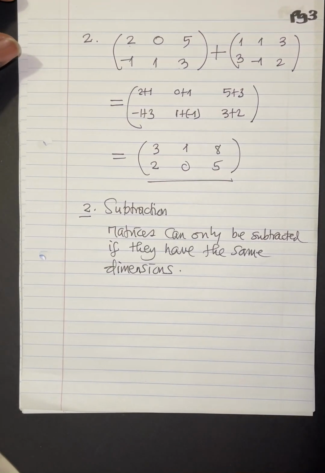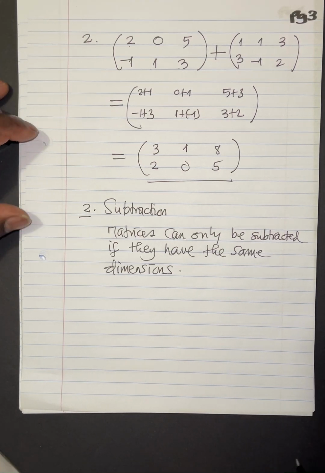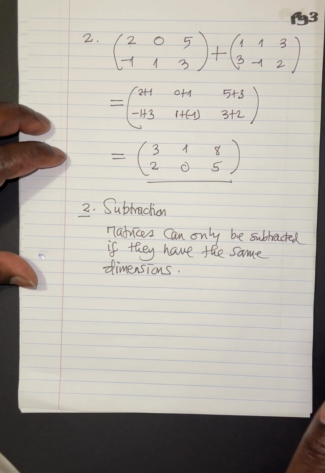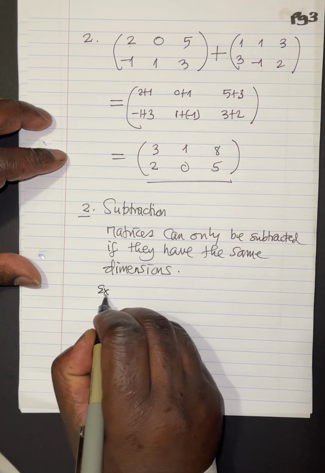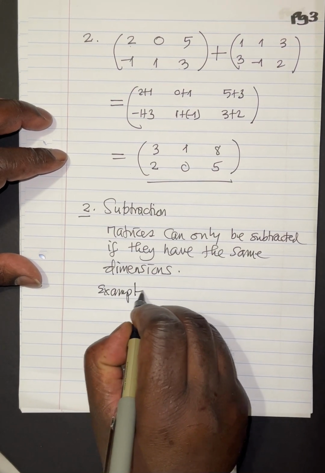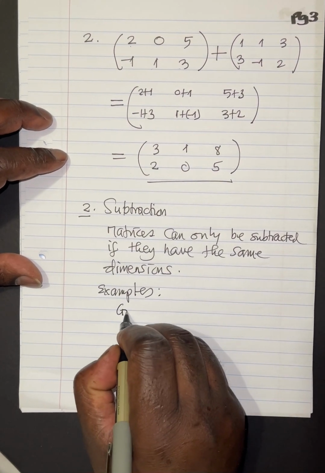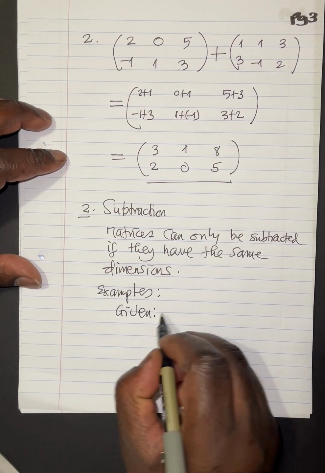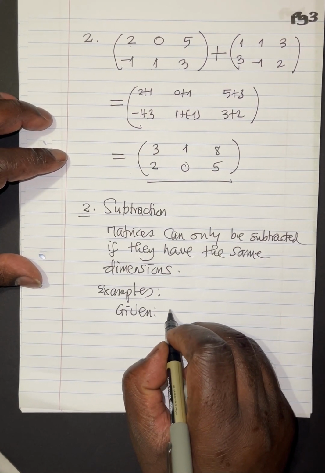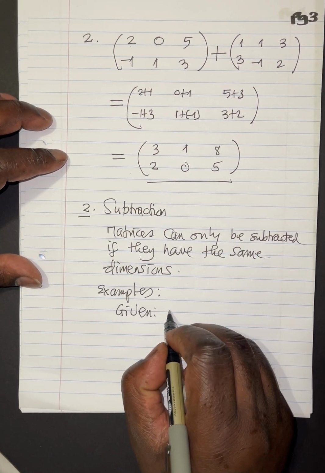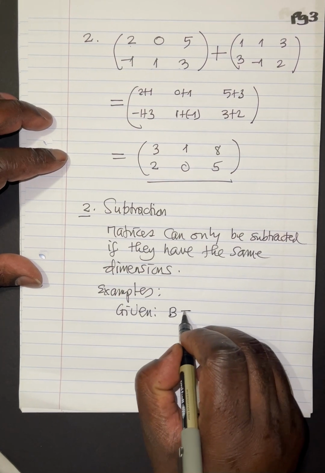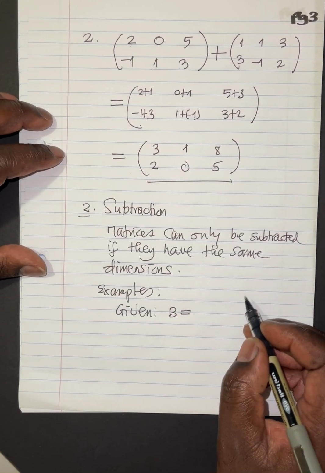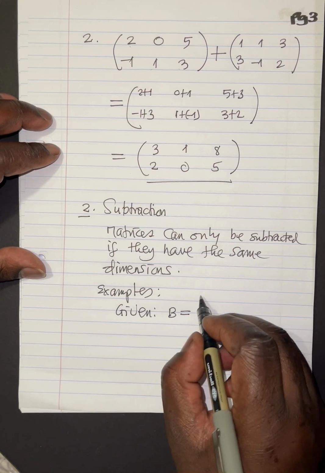Otherwise, you cannot subtract matrices if they have different dimensions. Let's give examples here, just a few, maybe 2 examples. Given, let's say, B as a matrix. We're talking about subtraction of matrices here. So let me just say we have